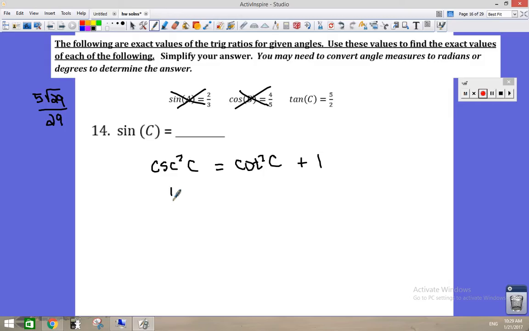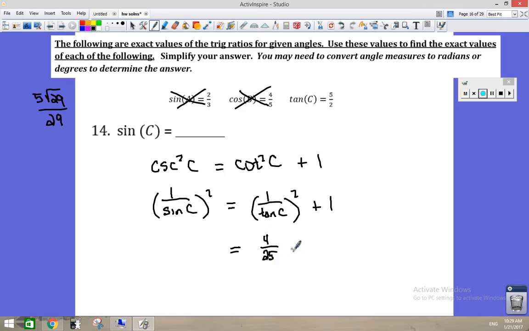I know that cosecant is the reciprocal of sine, and cotangent is the reciprocal of tangent. So if I take the reciprocal of 5 over 2, I get 2 over 5. If I square 2 over 5, I get 4 over 25. If I add 1,